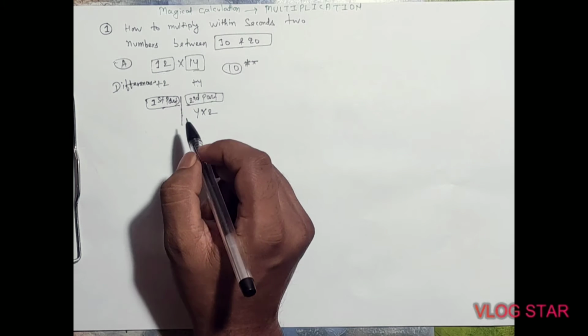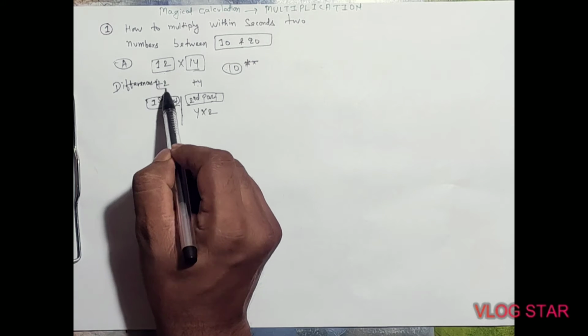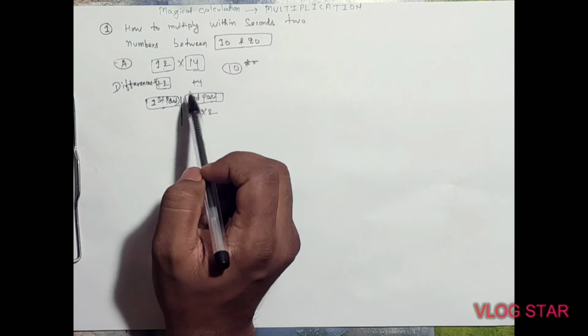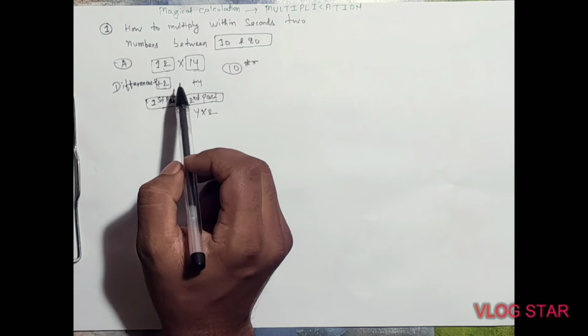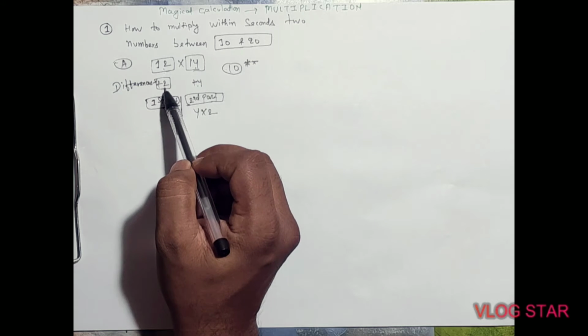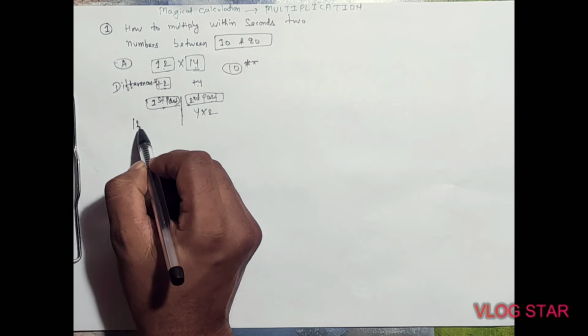In the first part we need to add 12 and the 4 difference in the second number, or we can also add 14 to the difference in the first number. So in the first part we can do 12 plus 4